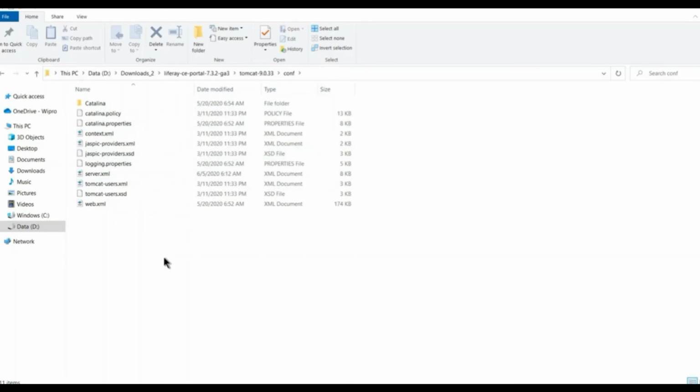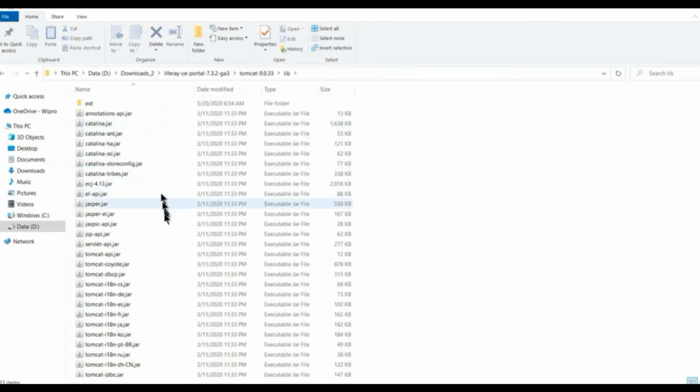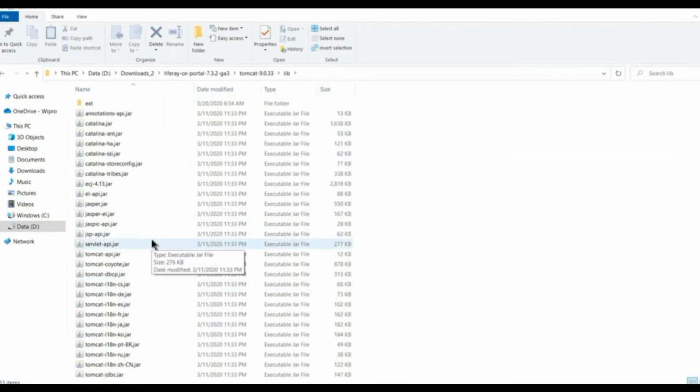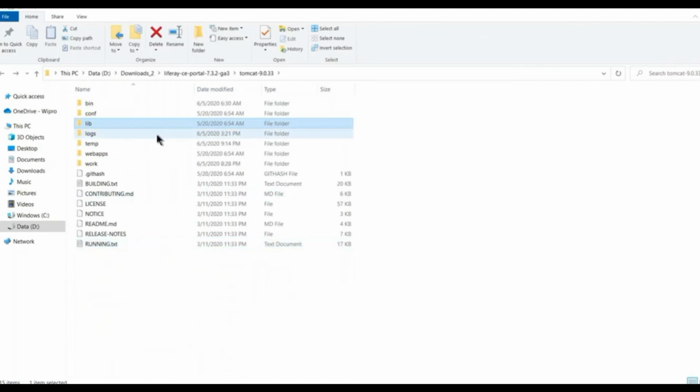However, for your understanding, if you want to learn more about Tomcat configuration, you can read the Apache Tomcat documentation. Now about lib. The lib directory is the one which has all the jar files. Again, this is something we don't need to bother about. It is taken care of internally by Tomcat.